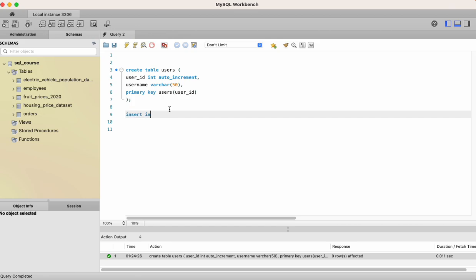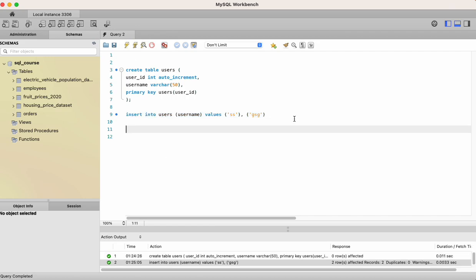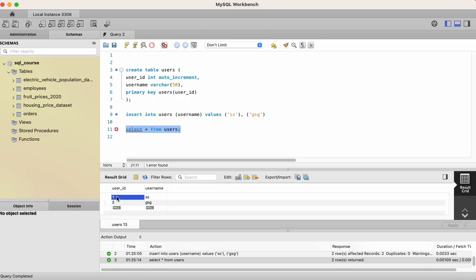So if I want to insert some data, I don't need to specify the user ID. I just write the username, and let's assign some values, like for example, like that, and like that. So now if I run it, and now we select the table, you will see that the numbering is already created from SQL. So we have now 1 and 2,